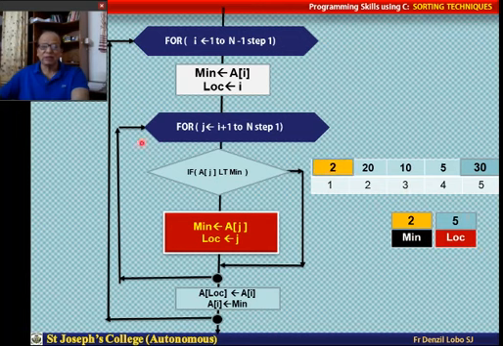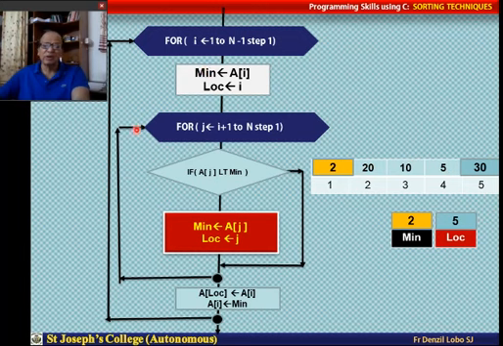So in this loop, for j equal to i plus 1, that is from the second number to the last number, what do I do? I go on checking if a[j] is less than minimum. Minimum contains this. In the earlier case it was 30, then of course 20 immediately became the minimum, then 10 became the minimum, 5 became the minimum, and 2 at the fifth location became the minimum.